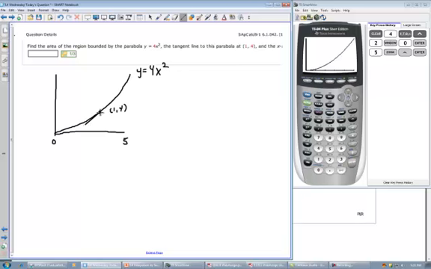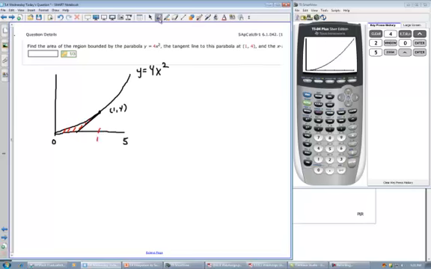Let's make this better. So there's a tangent line right there, and there's the x-axis, and in between is the area I'm trying to compute. All right, so on here I'm trying to actually find this area right here. And so what I'm going to do, and I'm going from here to 1,